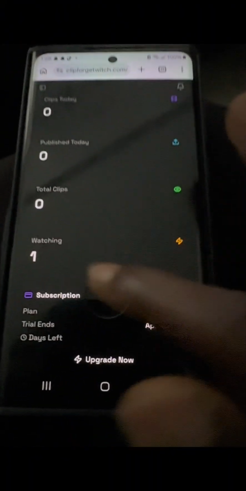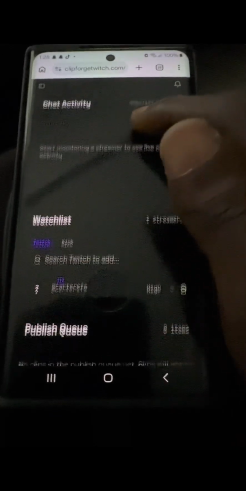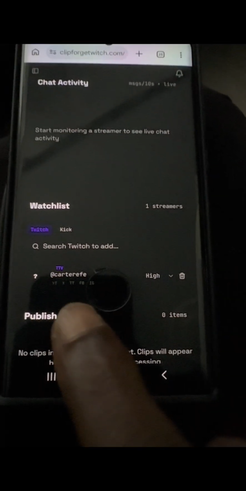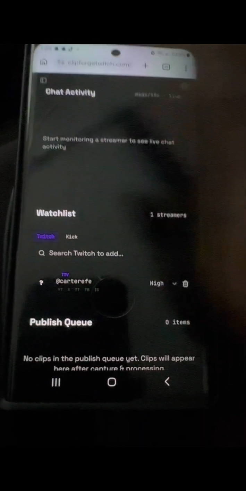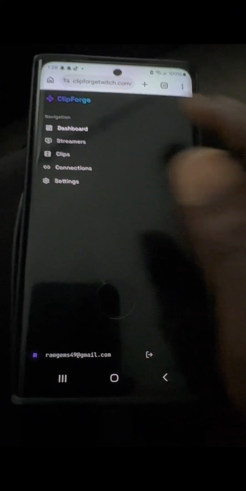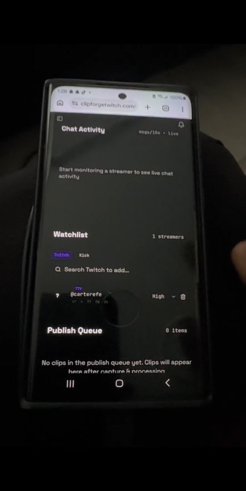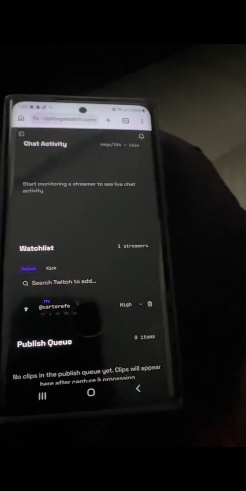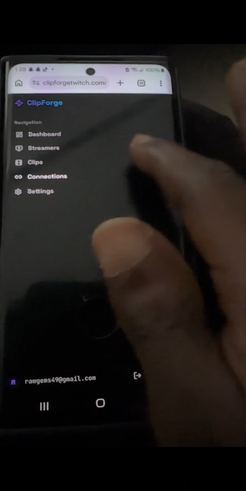Auto clip watchlist streamer. So once a streamer on my watch list is online, like Kataife, once they are online, and I'm logged on to ClipForge, ClipForge starts streaming, starts clipping the streamer, and then auto publishing it to YouTube because I already connected the YouTube